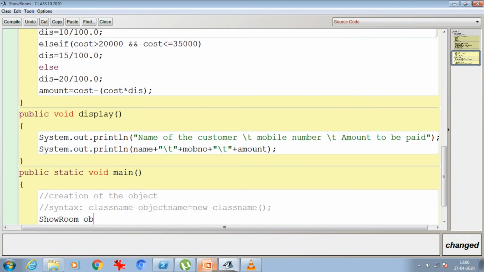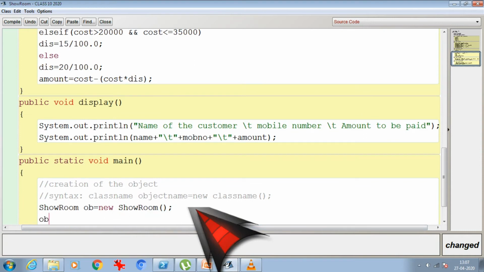Here my class name is Showroom, and ob is the alias name through which the object is referred. I can give anything, x, a, anything. Here I'm using ob. So Showroom ob equal to new Showroom.